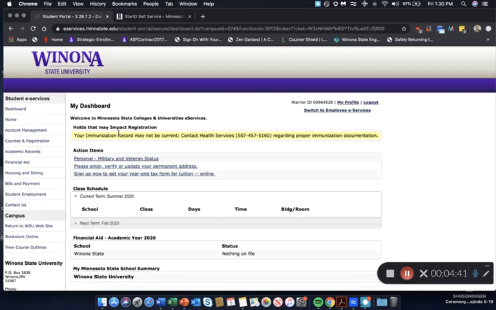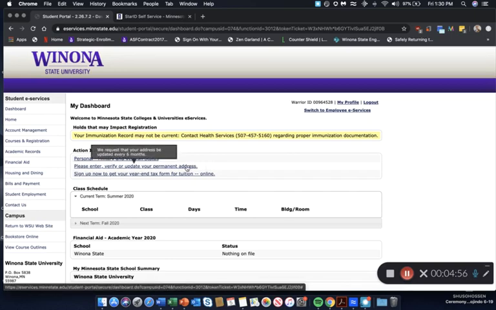By contacting, in this case, health services. If, for example, it were a parking ticket that you had that needed to be resolved, you'd see it would say contact parking services, and that number would be listed there as well. There's a section of other action items too. We do, for example, here you see that we ask that you either confirm or update your address every 6 months. You can do that right online through this portal. That ensures that we have a way to communicate with you via mail should we need to send you anything